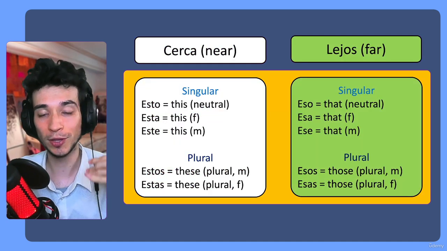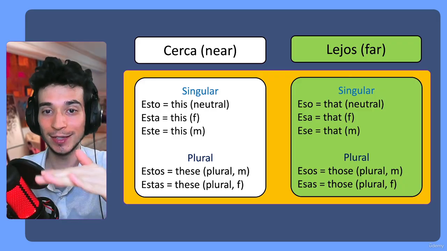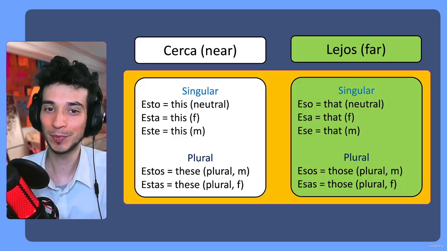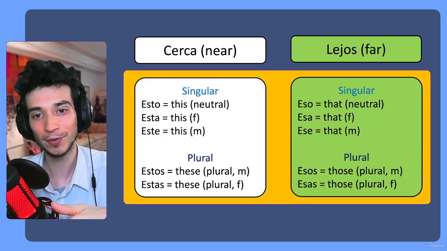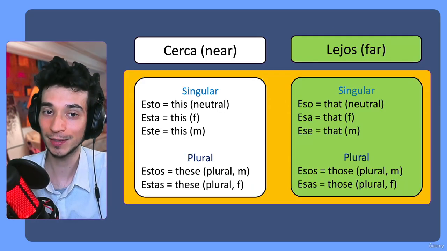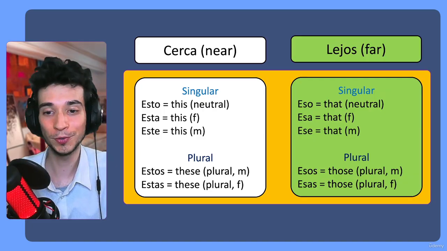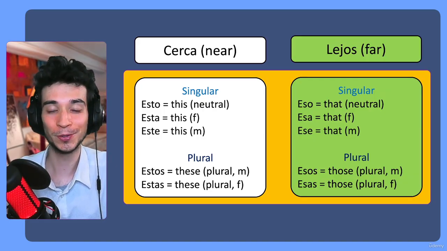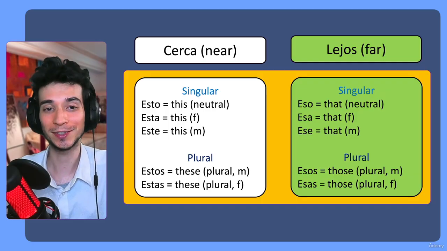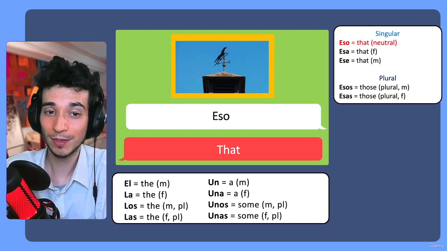And now we're going to the far away ones, which is you just remove the T and it's that. Same thing as this, but you remove the T from esto, and now you have eso, esa, ese, that, esos, esas, those, plural, those, female. Okay, so it's quite simple. You just need some practice. And examples, you also need examples. The first one,